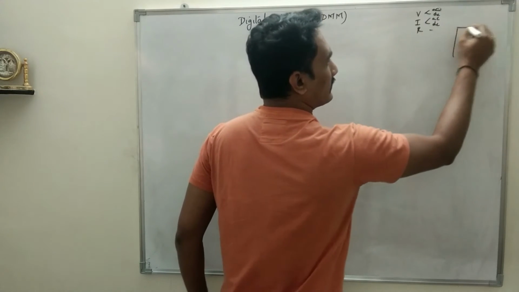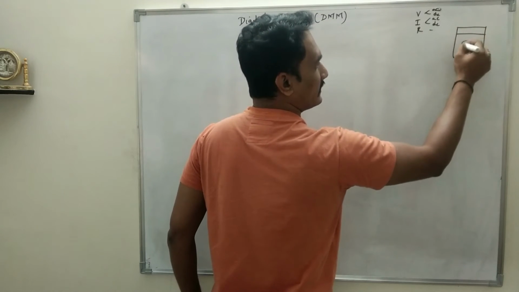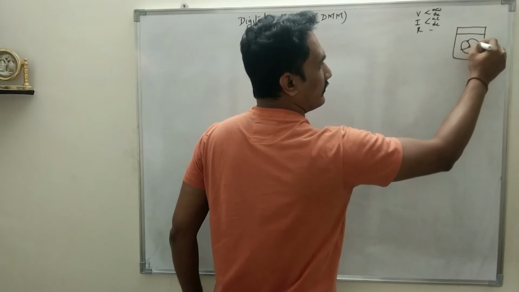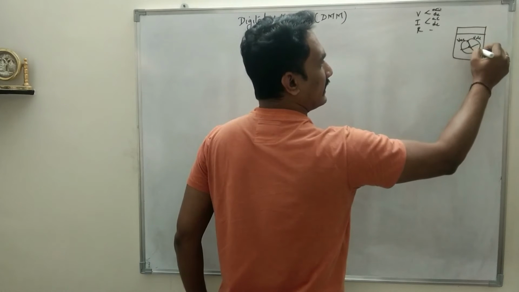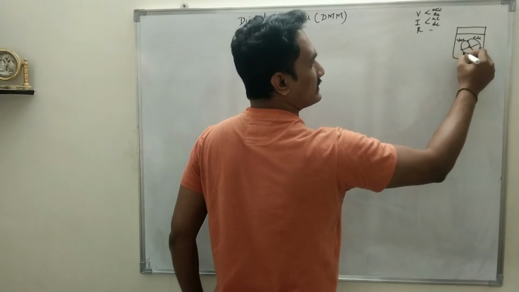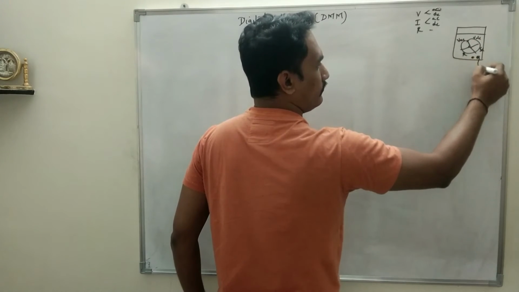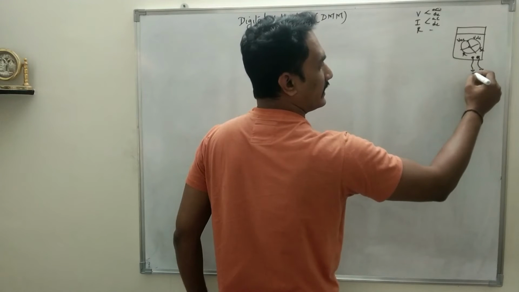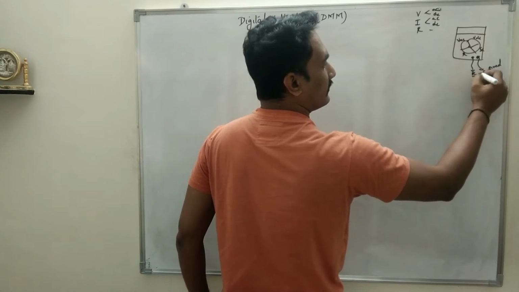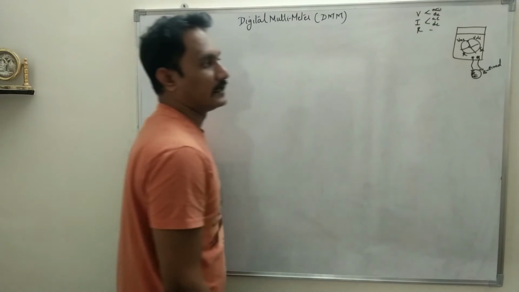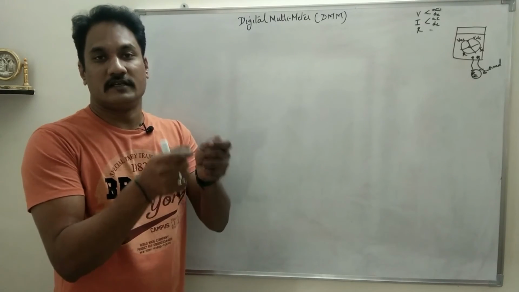Okay, so this is the digital multimeter. This is the screen where you see the display. There is a knob, right? There is a knob and there is a voltage range, VAC, VDC, IDC, resistance, like this different ranges will be there, and there will be two more terminals from where two electrodes will be taken out. One is red, one is black. Black is always ground and red we use to measure voltage, current or resistance. So between these two particular terminals we will be measuring voltage or current.